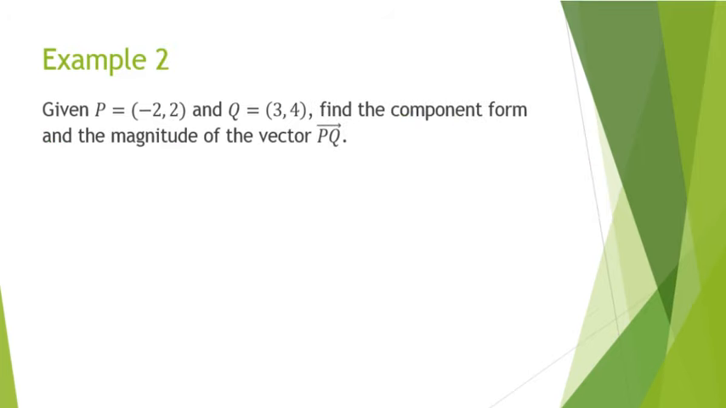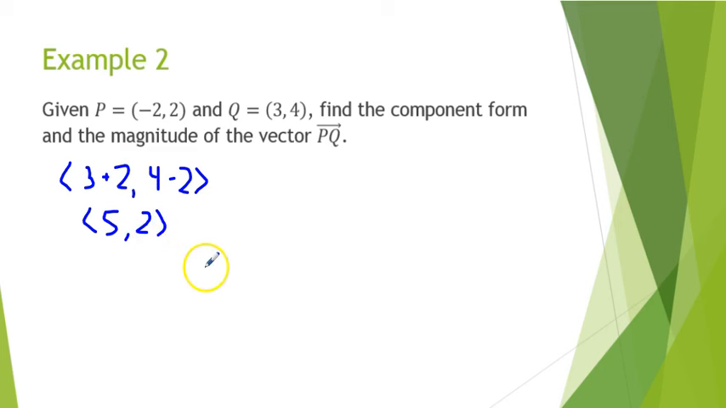Okay, one more quick example. Again, let's find the component form. And so for our component form, we're going to have x2 minus x1. And then for the y coordinates, y2 minus y1, which means I have a vector going right 5 units and up 2 units. And for our magnitude,